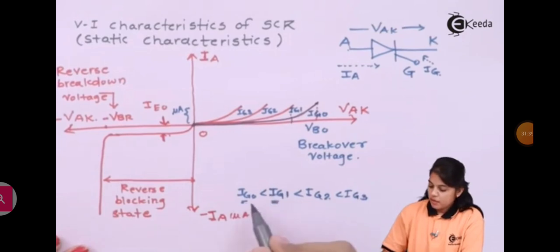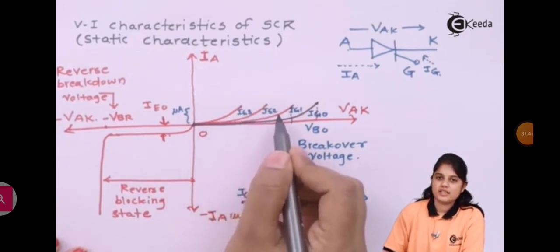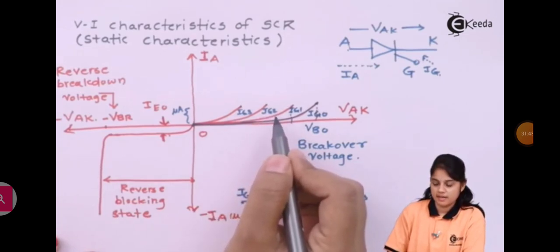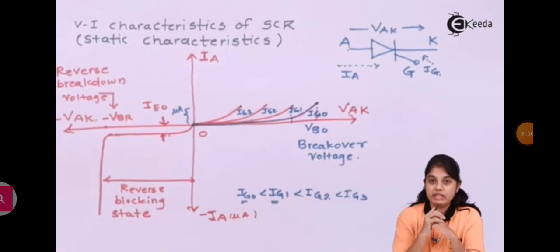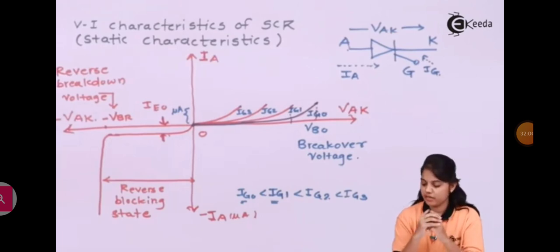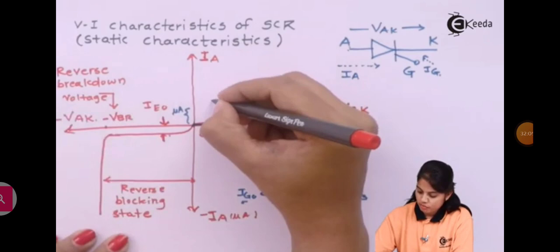So for this amount of current also I am getting such a kind of graph, and I know that the SCR is still in a blocking state, a non-conducting state. When the gate current is sufficiently large to switch your SCR from the forward blocking state to the forward conducting state, a large amount of current starts flowing through the device. At the same time, there will be a reduction of the forward voltage.